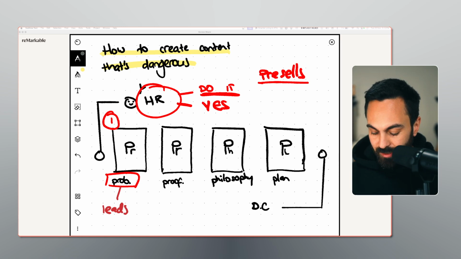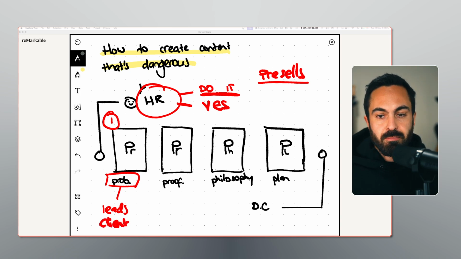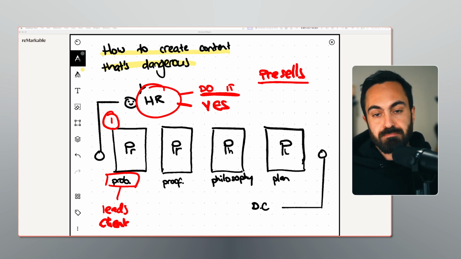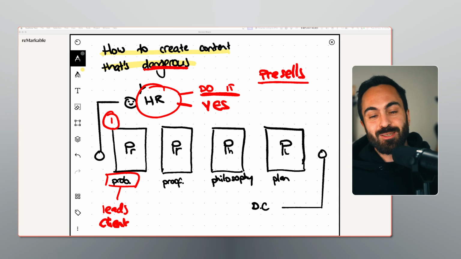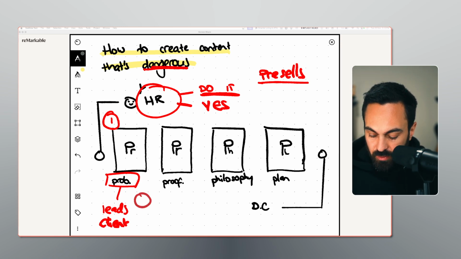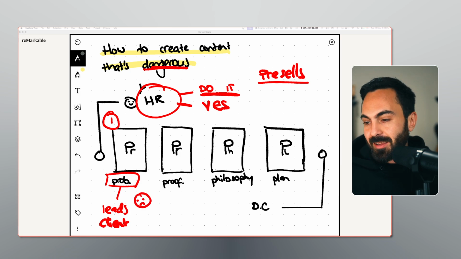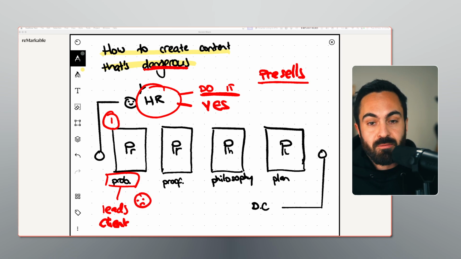Oh, I need more clients, or I'm spending too much energy on this thing, or whatever. So I can lead with a problem email, and then on the bottom of that email, make sure it's dangerous: pitch whatever it is, get them to hit reply or buy my workshop or digital product. Problem emails are about understanding your avatar and knowing what makes them sad. Once you've understood that, you can write that first email to kick off the campaign.